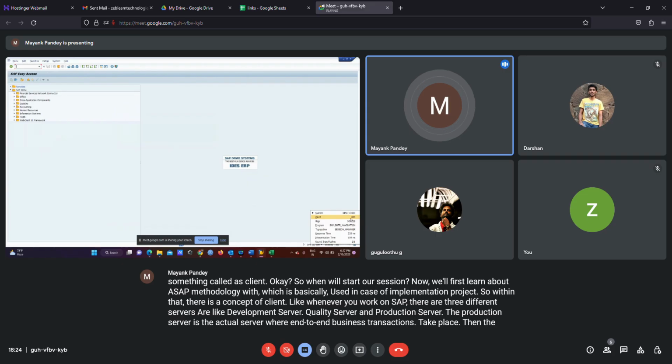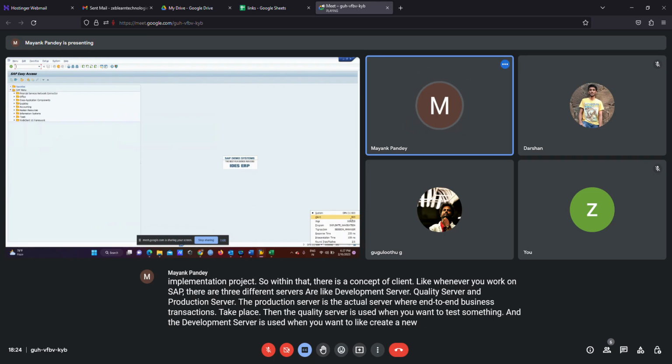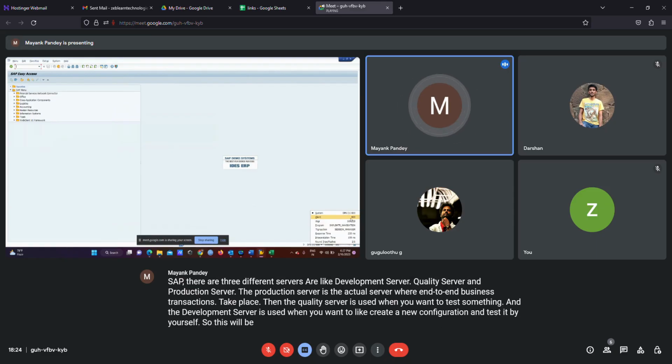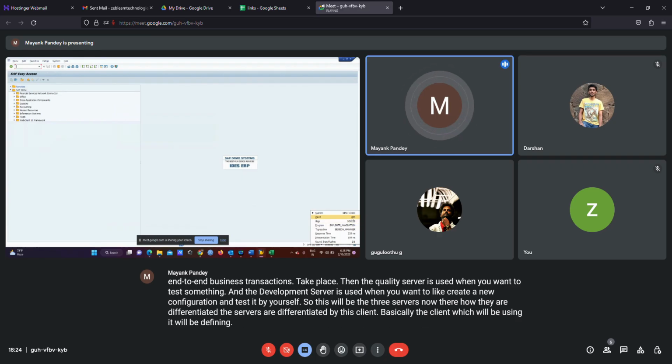The quality server is used when you want to test something, and the development server is used when you want to create a new configuration and test it by yourself. These are the three servers, and they are differentiated by the client. For us the client will be 800.